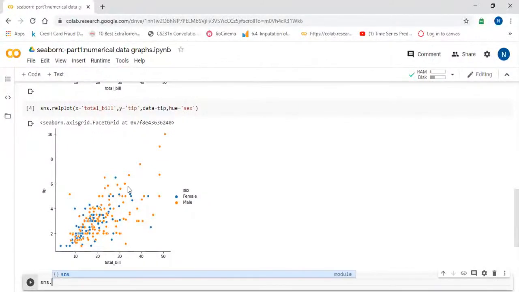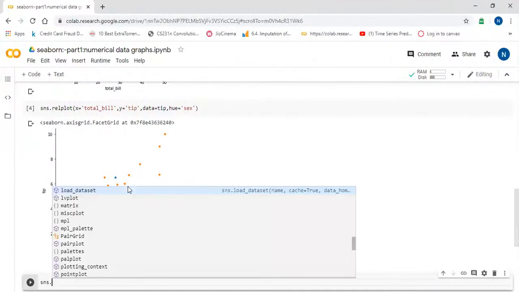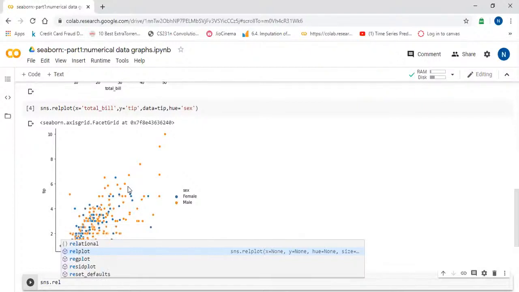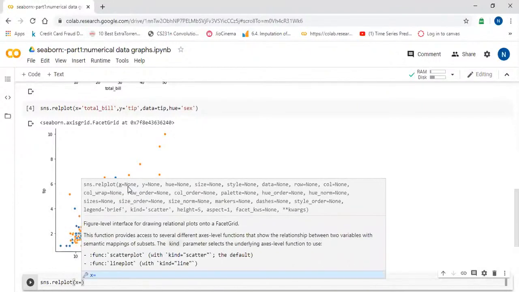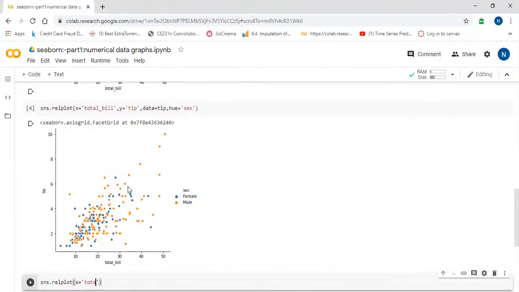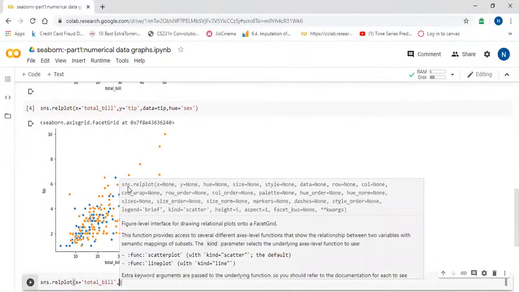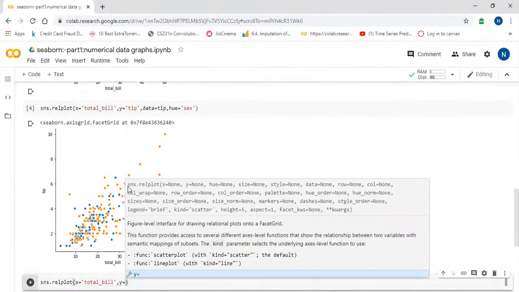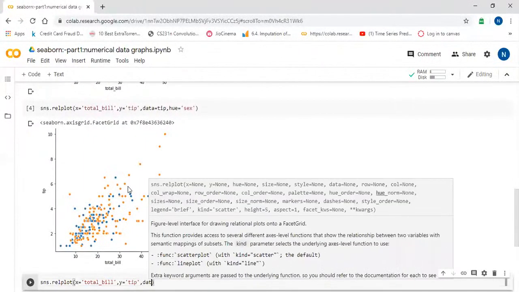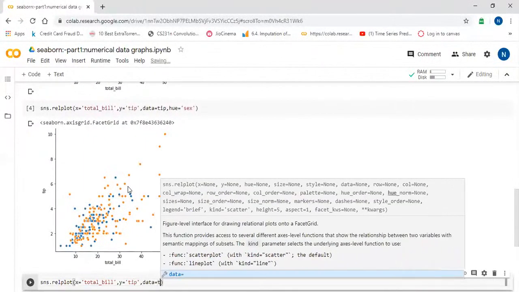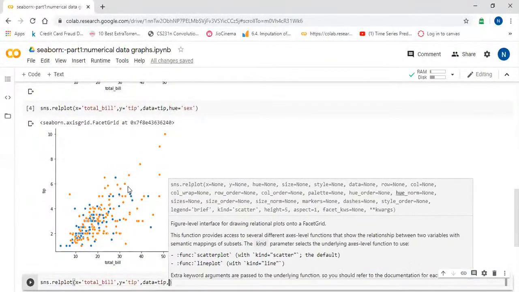Now suppose we want to divide this data again with another column. So we have sns.relplot, x equal to total_bill, comma y equal to tip, then data is equal to tip.